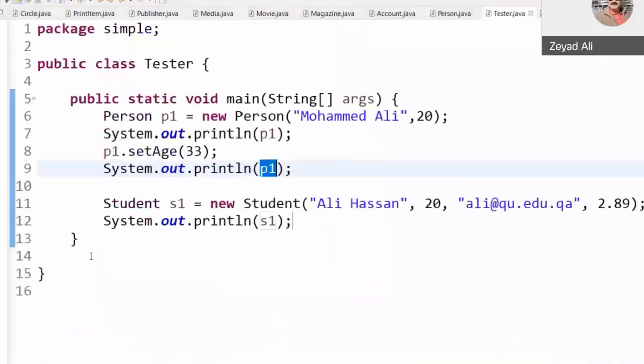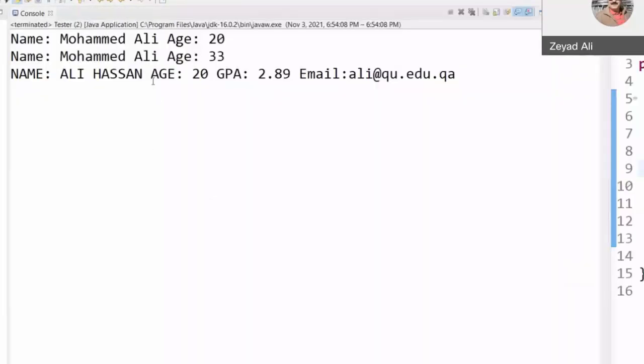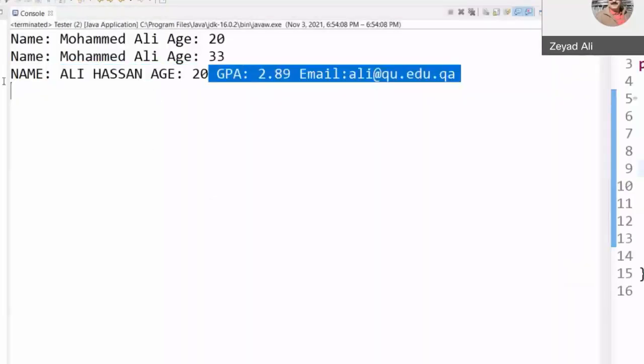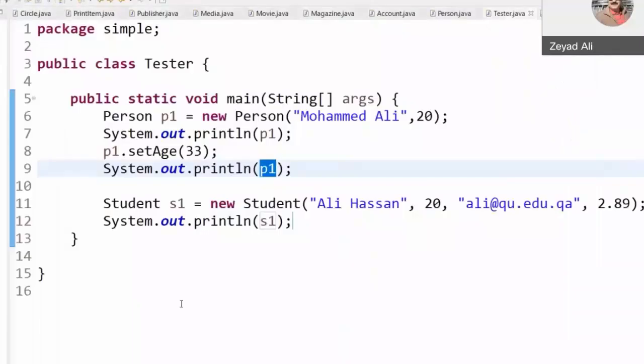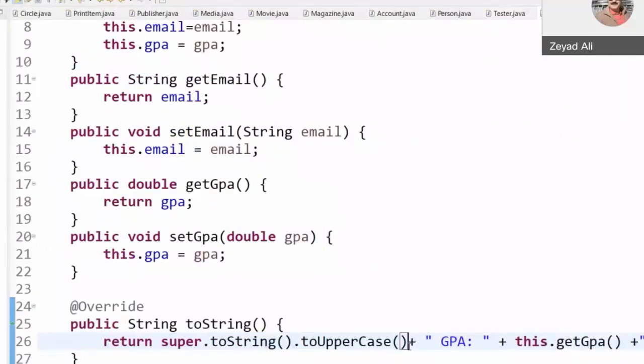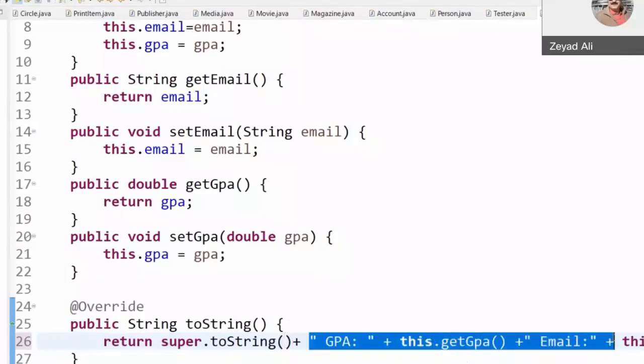You do whatever you want with the output coming from the superclass. You see this here? We say toUpperCase, or any other way. The point is, in the subclass you can use everything from the superclass and add to it. No need to write it again from scratch.